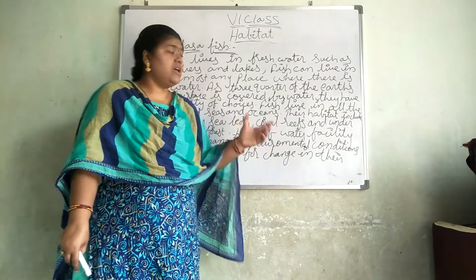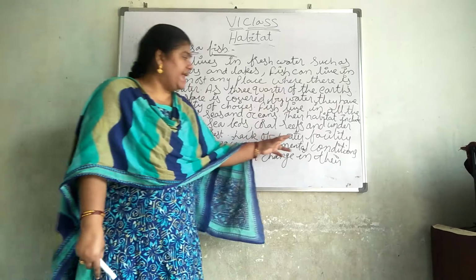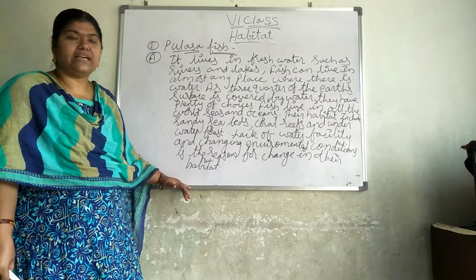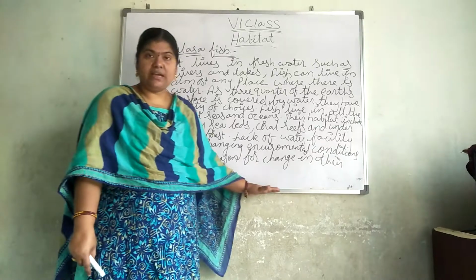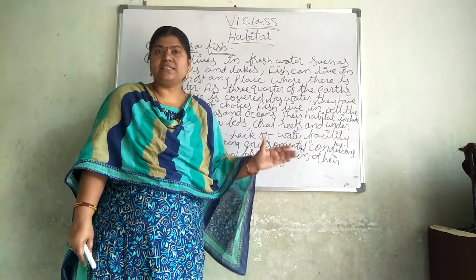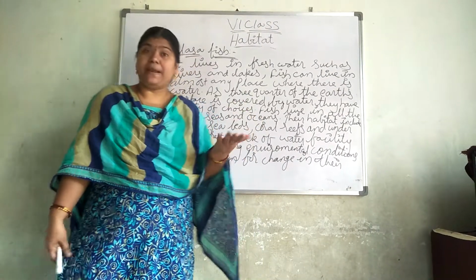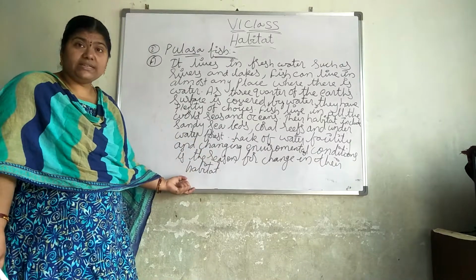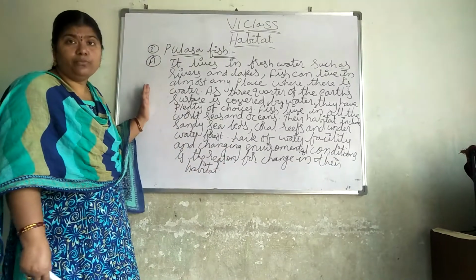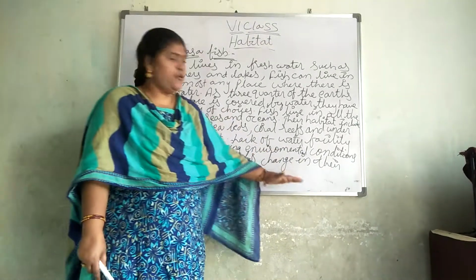You can find that. So in which conditions will they change the place? Lack of water and the change in environment. And you can see these fishes mostly in coastal regions, and in Visakhapatnam also you will get this in plenty, and it is very costly and very tasty, it seems. So you can go with this Pulisa fish. The topic was given in the textbook, so I went with this one.